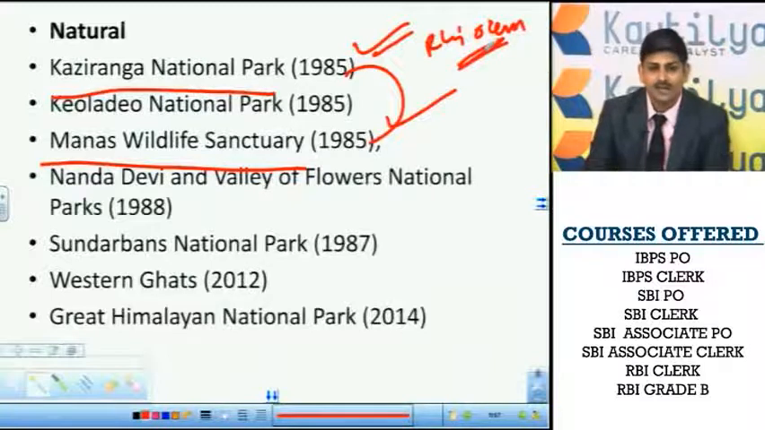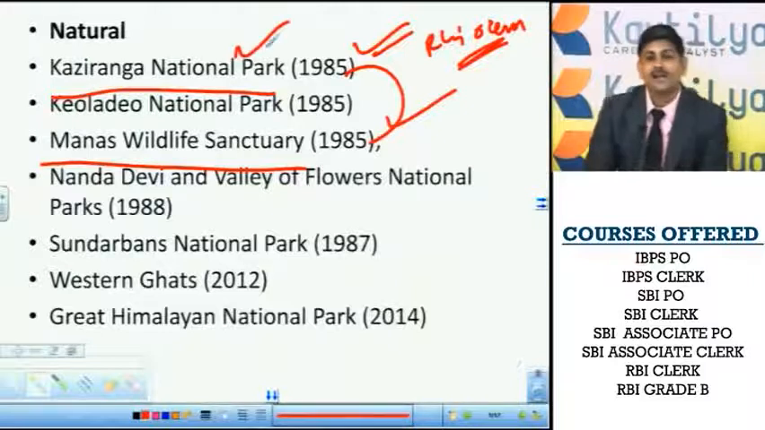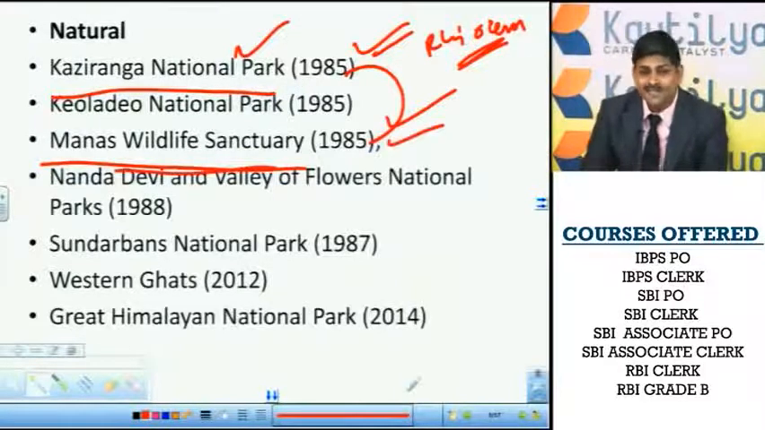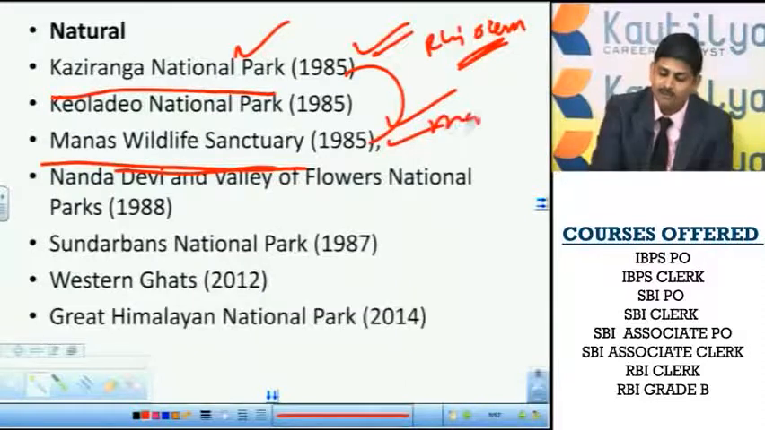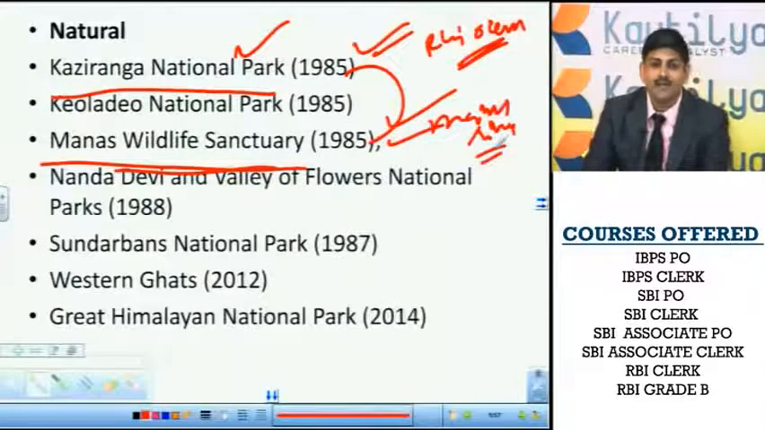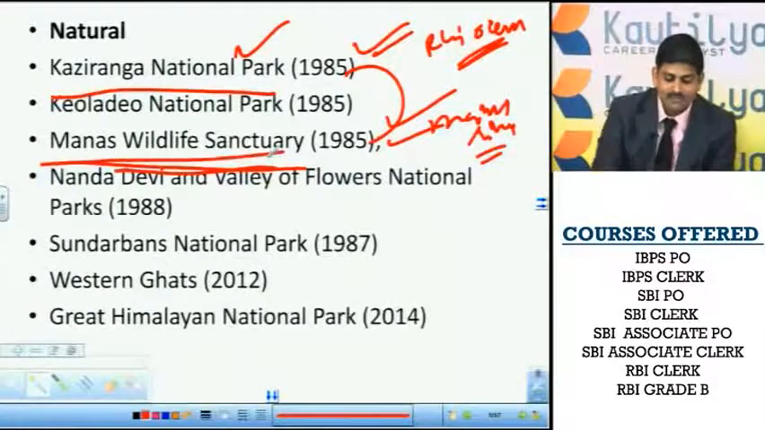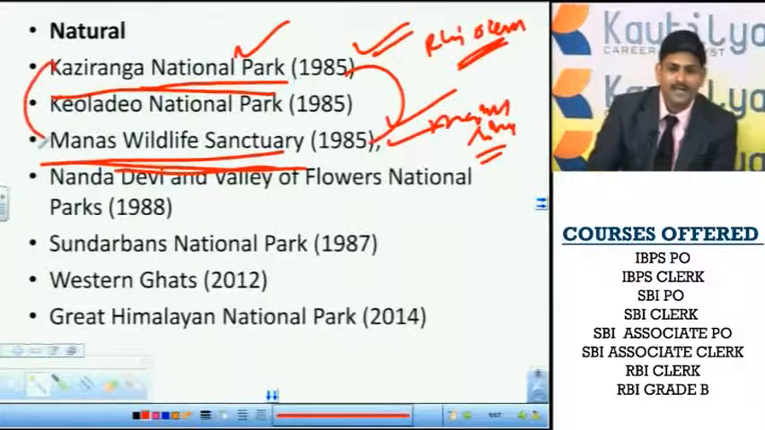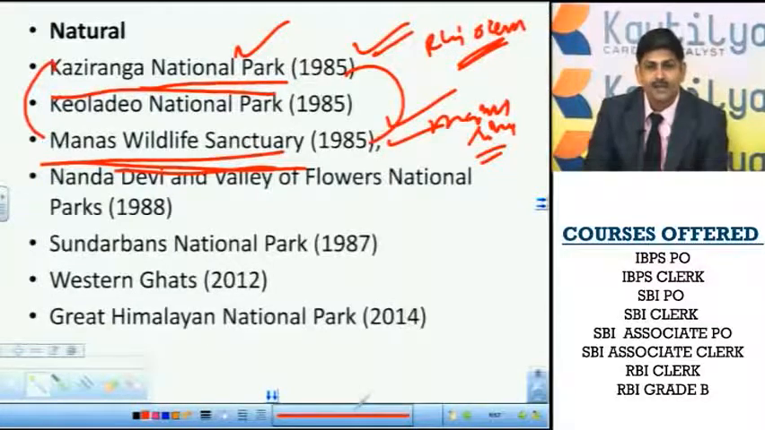One-horned rhinoceros. It is very popular, with the highest number, and this was also declared a tiger reserve. Okay, so this Manas Wildlife Sanctuary is in the vicinity of the Manas River. This Manas River is a tributary of the Brahmaputra River, right? Now this Manas Wildlife Sanctuary and Kaziranga National Park, both were selected as UNESCO sites